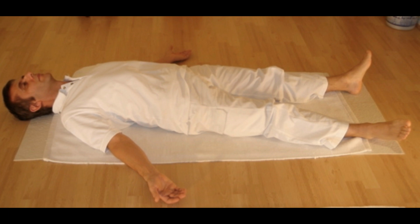And when you feel ready, stretching your whole body, stretching the arms and legs, finding a way to stretch which feels appropriate to you. Enjoy the stretch. And when you've completed stretching,